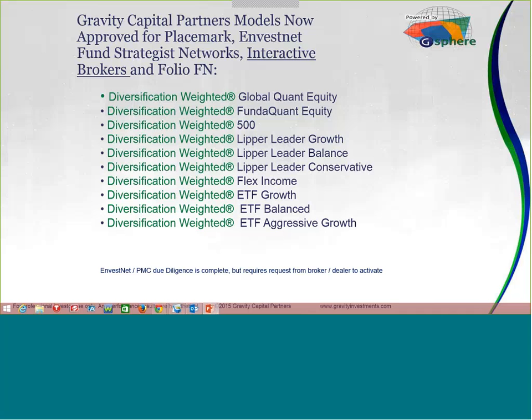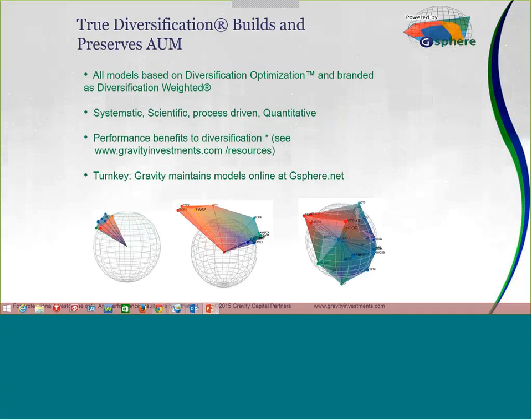This shows a number of our portfolios or strategies. You see they're all diversification weighted, and the ones in the middle John referred to where we're working with Lipper. True diversification builds and preserves assets under management, or AUM. We're systematic, scientific, process-driven, quantitative. All of our models, as you saw in the previous slide, are based on diversification, optimization, and branded as diversification weighting. If you want to see our performance, you can go to